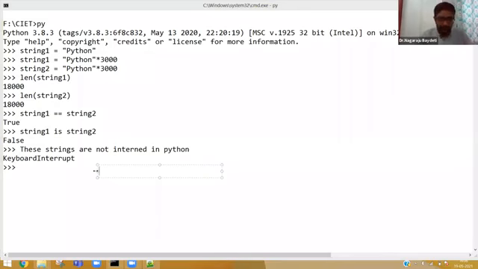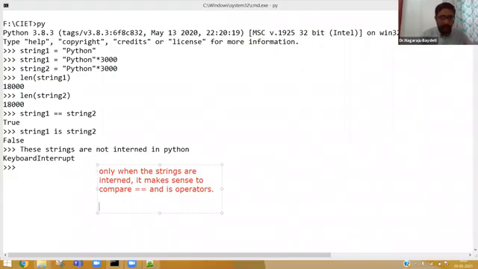Okay, so only when the strings are interned does it make sense to compare with the double equal to and is operators. Why?